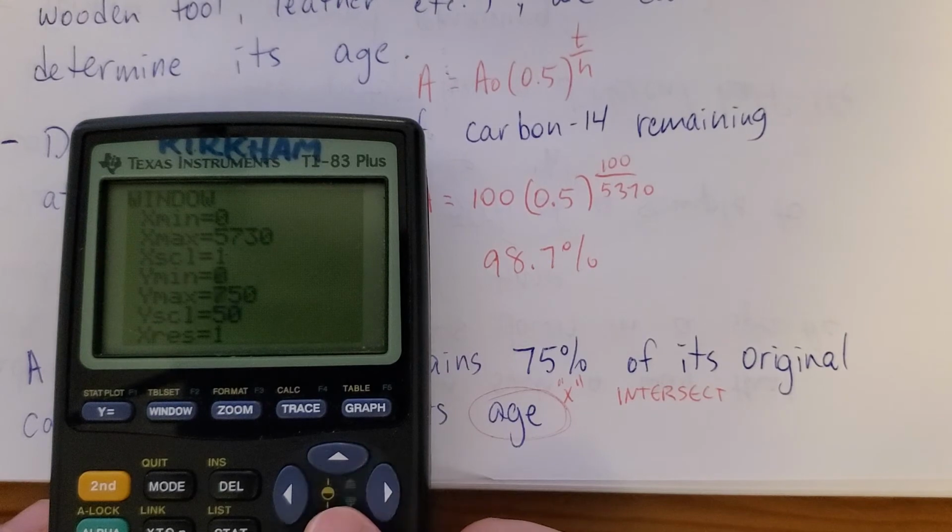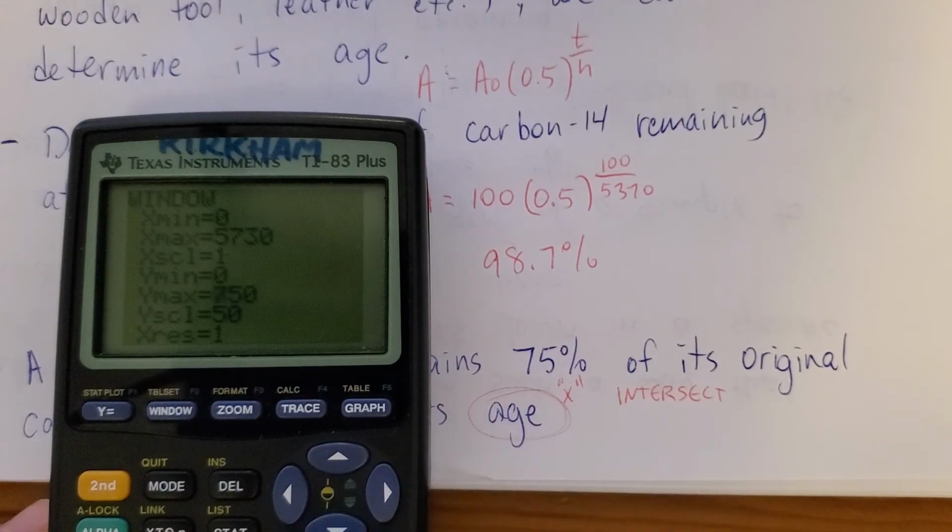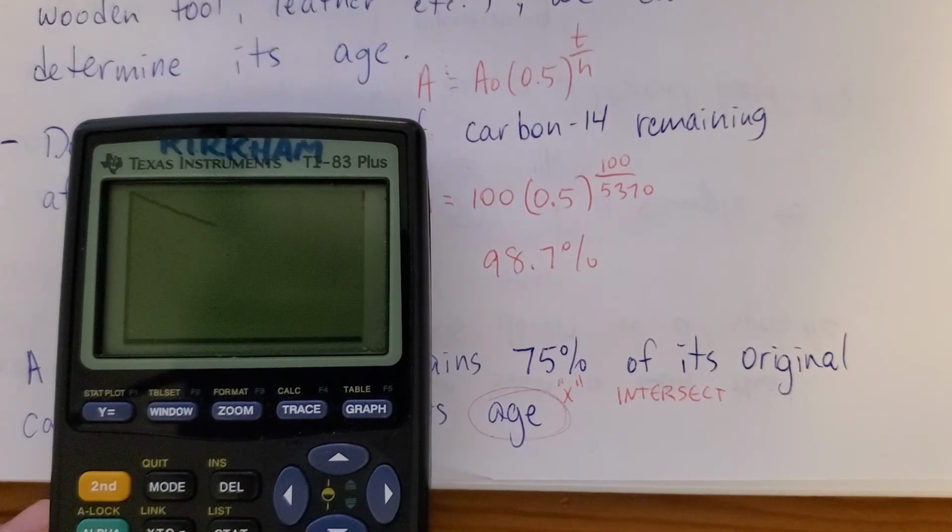Y min, y is the percentage remaining, so you don't have to go above 100. It's going to start at 100 and go down. 0 to 100, that's going to be just fine. Let's see what it looks like. Okay, so that represents the carbon decaying. That's the 75% line. If we just do intersect now,